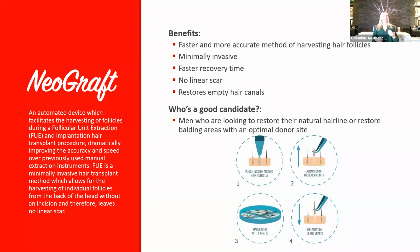Yes, in some cases, of course, Neograft is the only option if you have empty hair canals. So when we reference those scope photos, and we know that if you're experiencing hair thinning and significant hair loss in areas, sometimes those non-surgical things just cannot achieve the goals that you may want to achieve. So even when we start talking Neografts, sometimes our hair transplantation clients are still doing some of these non-surgical things,